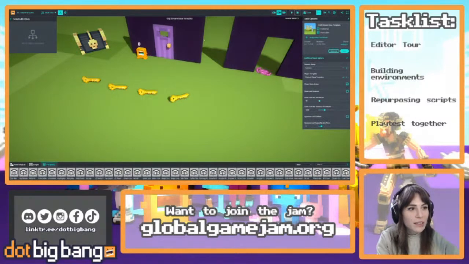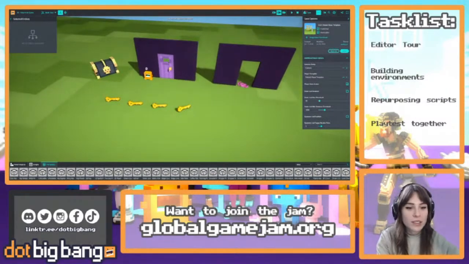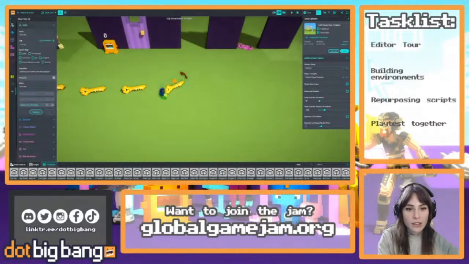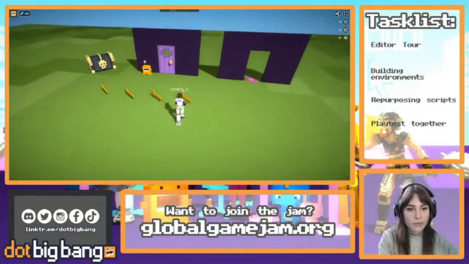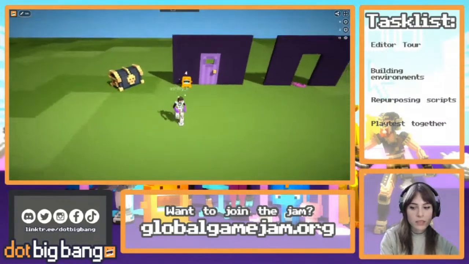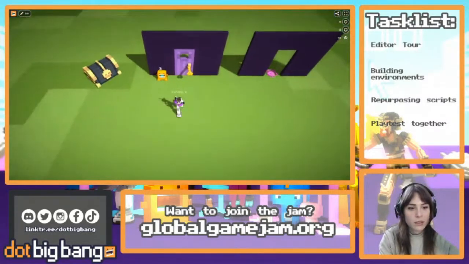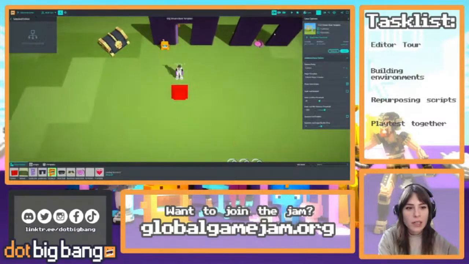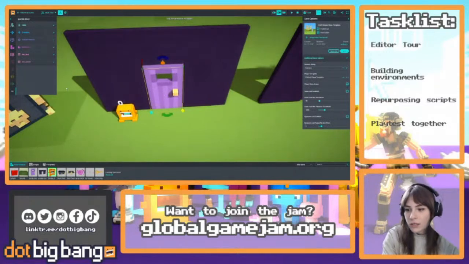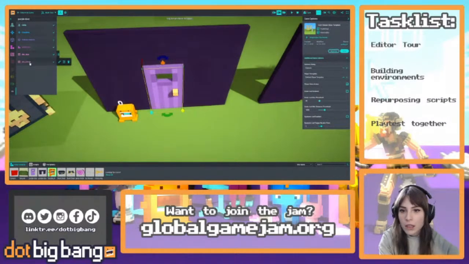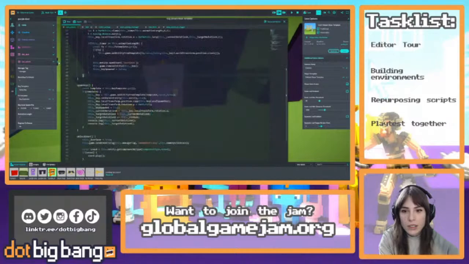We're just making stuff in Big Bang. So now I've got these keys looking like they're ready to be picked up. They've got a little sound effect and we can unlock our door. I'm gonna go ahead and do the same thing to the door and add a sound effect because I like sounds. If I remember correctly,